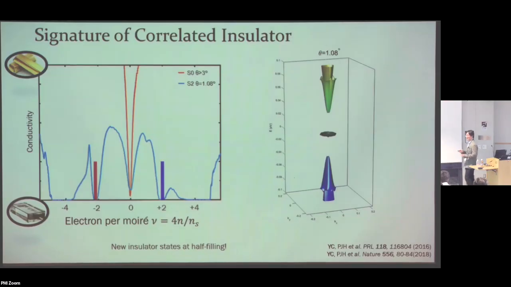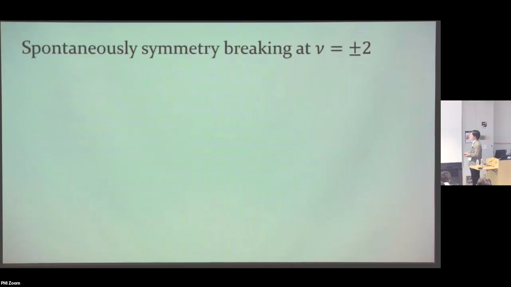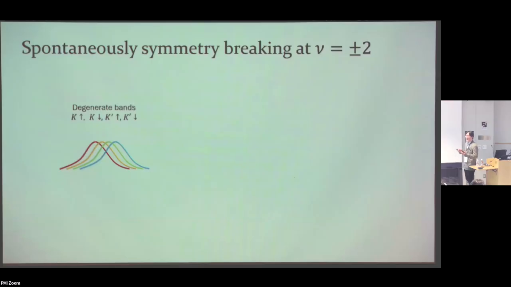And how do we know this? You can study, for example, the temperature dependence. This state actually disappears as you warm up the system, so that when the temperature scale is larger than the Coulomb energy scale, it overwhelms that interaction, and you don't see it anymore. And how do we understand these states? While there were some early debates about this, right now I think the consensus is that when you don't have interactions, you have 4 copies of the flat band, which you can call K up, K down, K prime up, K prime down.